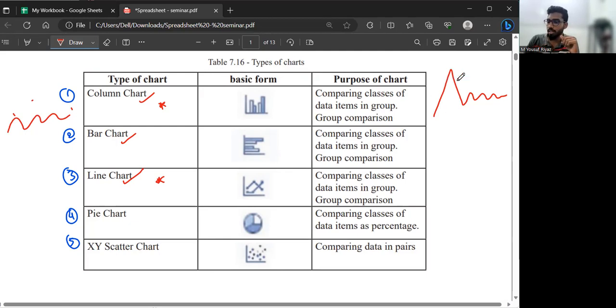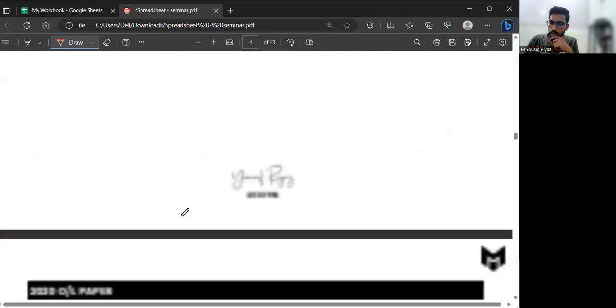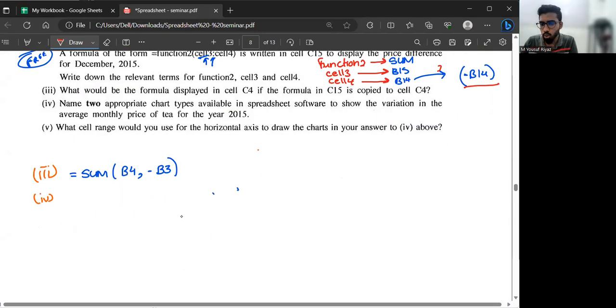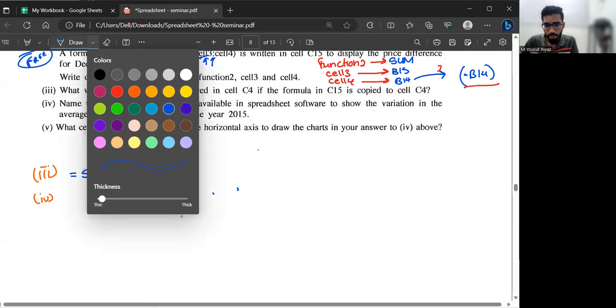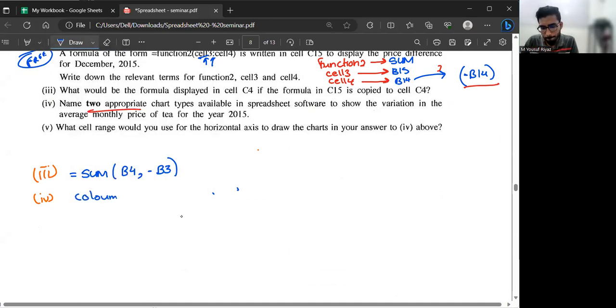So here, if you notice, as per our requirement, column chart and line chart is the most suitable. So I'll write my answer there as column. They're asking for two appropriate charts. Column chart and line chart. And if I'm going to go for the next one, Roman number 5, here what we're asking